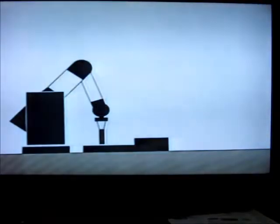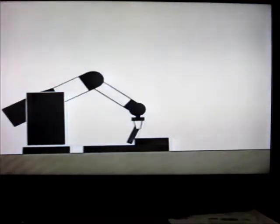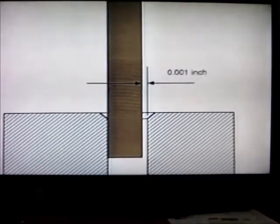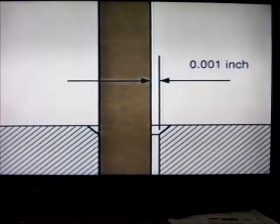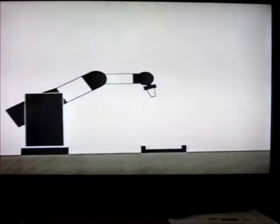Current industrial robots can only operate in position control mode. They can only move from one position to another, regardless of the forces they encounter. The simple task of inserting a shaft into a hole illustrates the extreme difficulty of performing assembly tasks with position control alone. In a typical assembly, the clearance between a shaft and hole may be less than 1/1000th of an inch. To position the shaft correctly, not only must the manipulator be this accurate, but the position of the fixture,